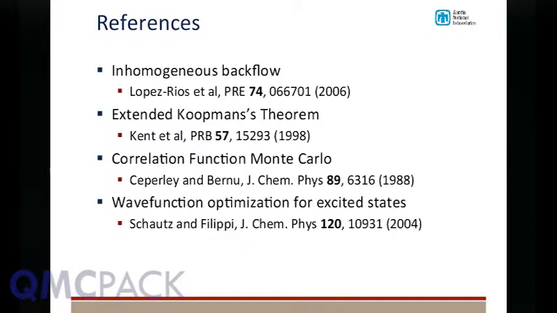You can do another thing by the extended Koopman's theorem. So there's a way to look at the density matrix of the system so that you can imagine promoting an electron, promoting one state to the valence without relaxing all of the other states in your system. And this has been done in the late 90s. And then another possibility is something like correlation function Monte Carlo, where you look at how various calculated properties evolve with projection. So there are a few references, and then I guess any catch-all questions,